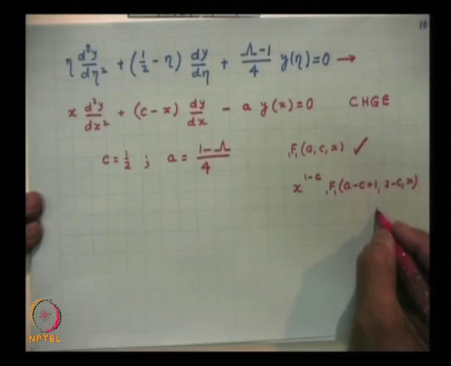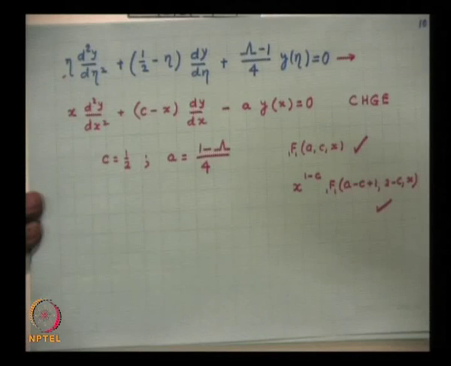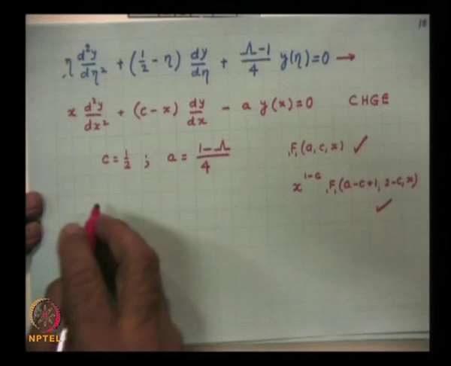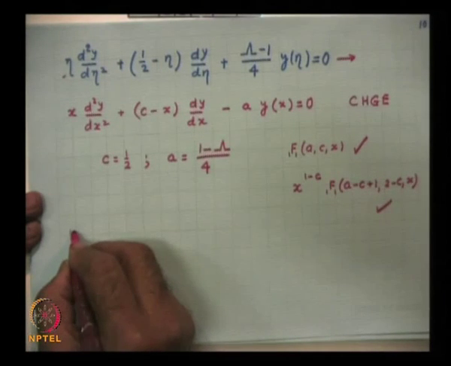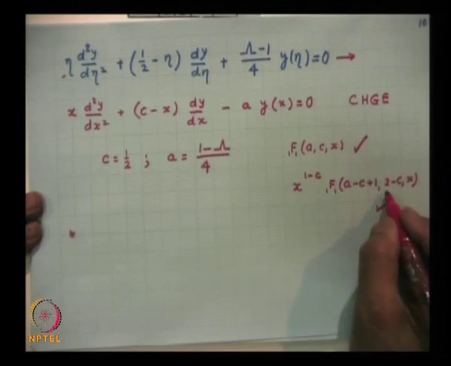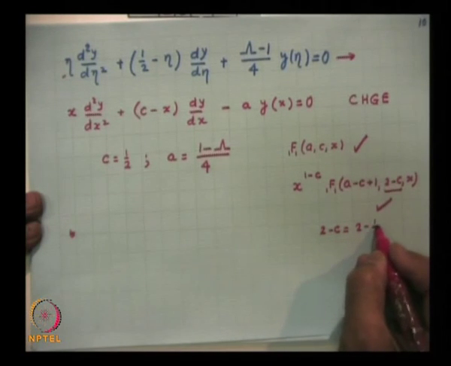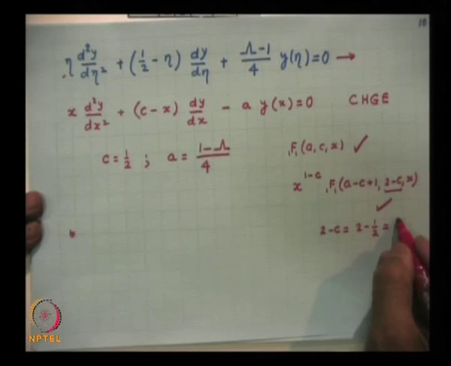Both solutions are convergent series, and they represent the most general solution of this equation, the complete solution of this equation. So, please see this, that I have here the complete solution is. So, let me write down what is a minus c plus 1, or first let me write down what is 2 minus c. 2 minus c is equal to 2 minus half. So, this is 3 by 2,